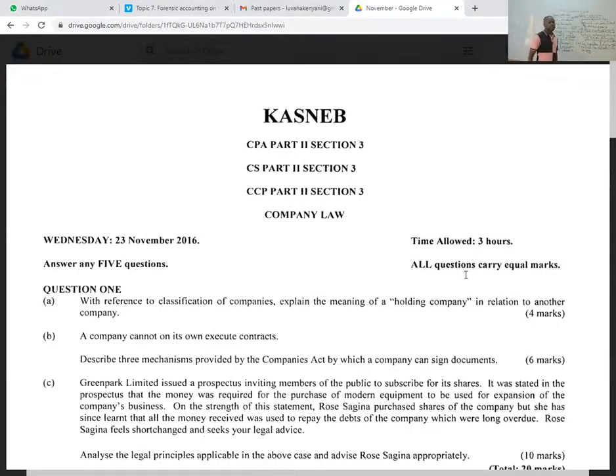So a holding company, I think those who have done financial reporting, I think all of you are doing financial reporting, you've come across what is a holding company. Under the topic known as consolidation, you'll be told that there is a holding company, then there's a subsidiary, when it acquires 50%, and there's another one like an associate. So what we mean by a holding company, you can simply say a holding company is a company